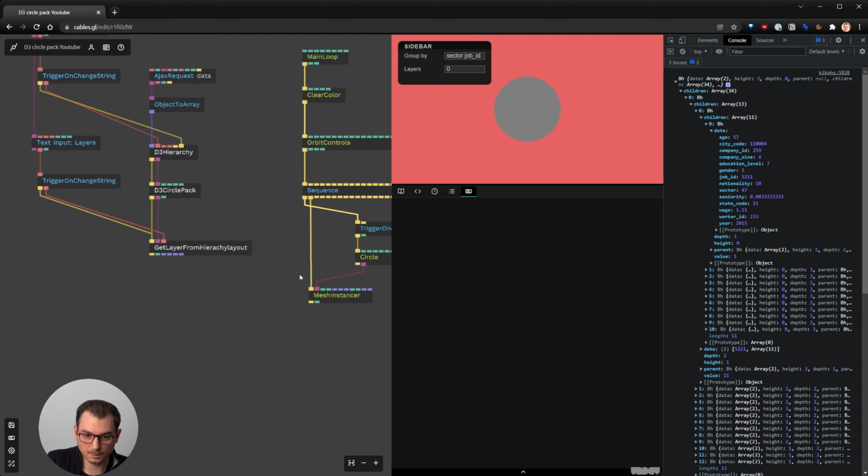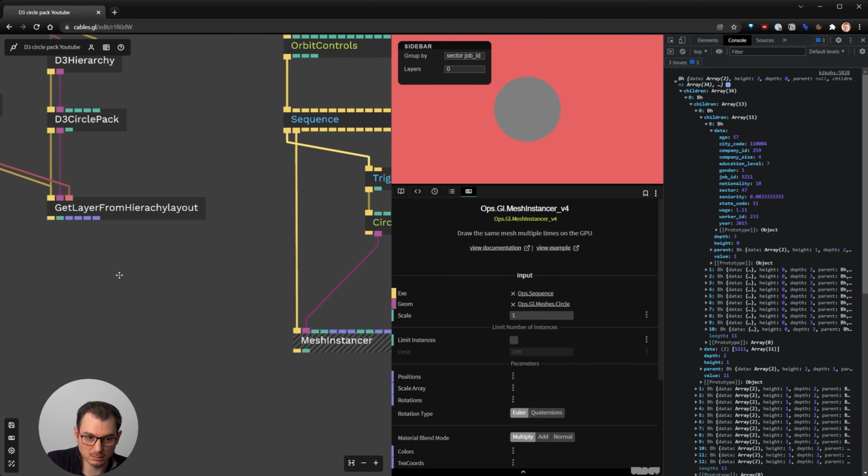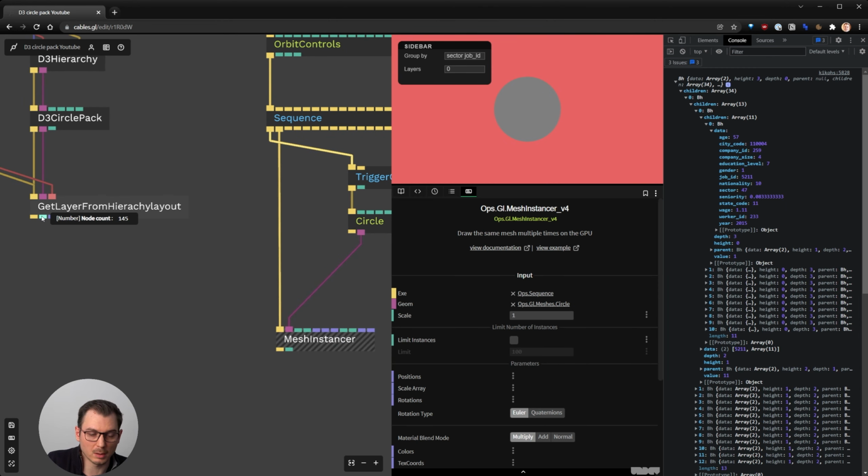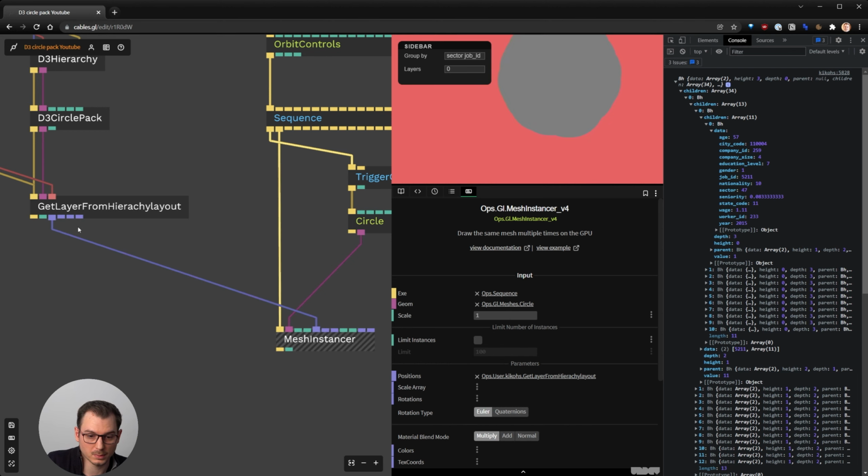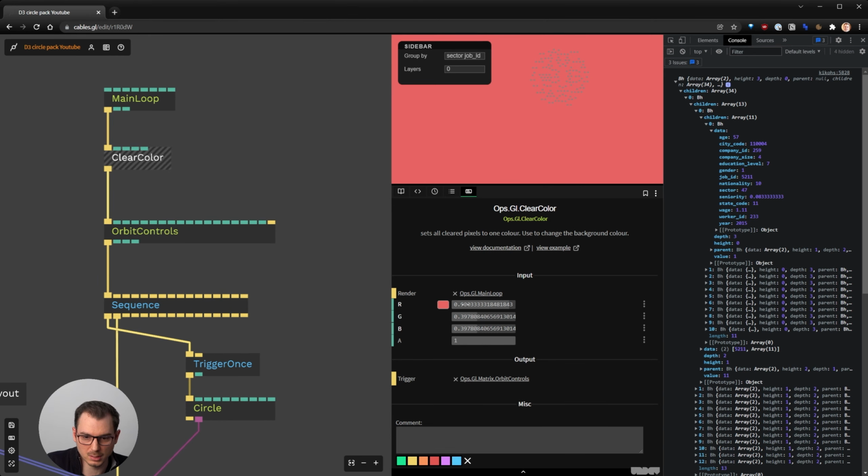So let's try this. I have my mesh instancer, and we notice that this gives you how many nodes you have in the layers that you selected, the positions, the scales, which we need, and the layer indices, so we know from which index to which other index this particular layer range spans. And you notice that it seems that we have stuff on the screen. Let me put this back